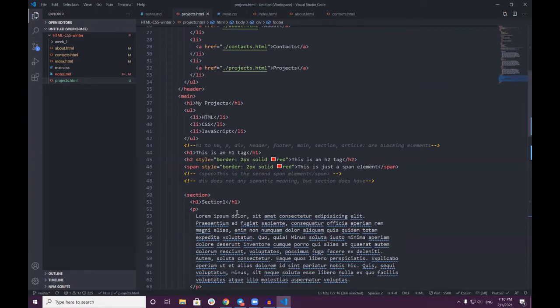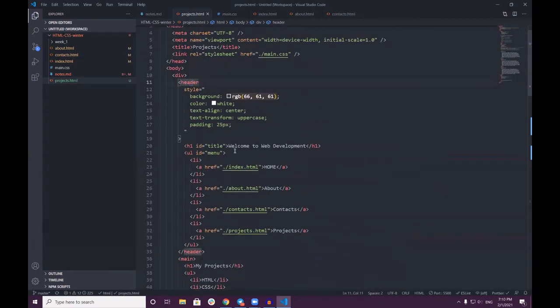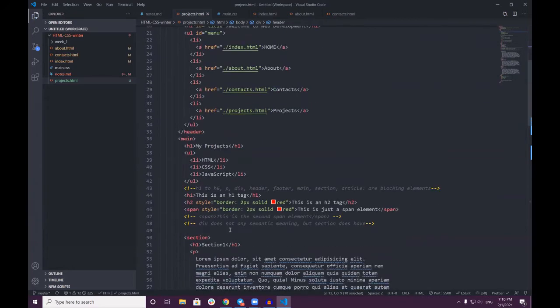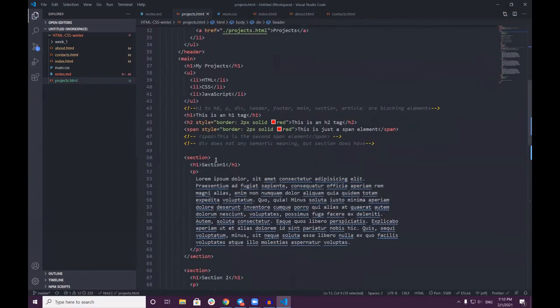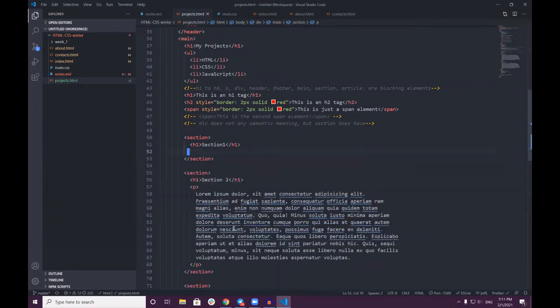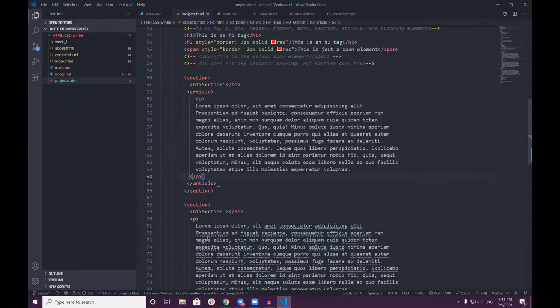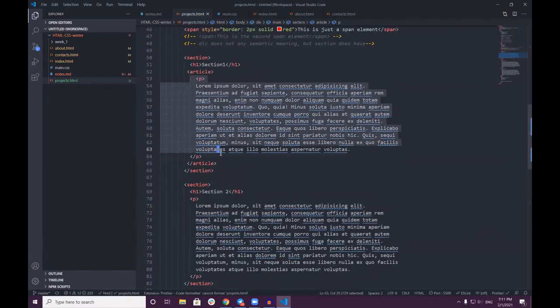Okay, good. Semantic, as I said, if you are saying header, it refers to the head at the top, and it should be a banner or a big title, and footer is something you find at the bottom of a website. So it has a semantic meaning. Sections also have categories. So now, even inside a section, we may put an article, and then you put this,